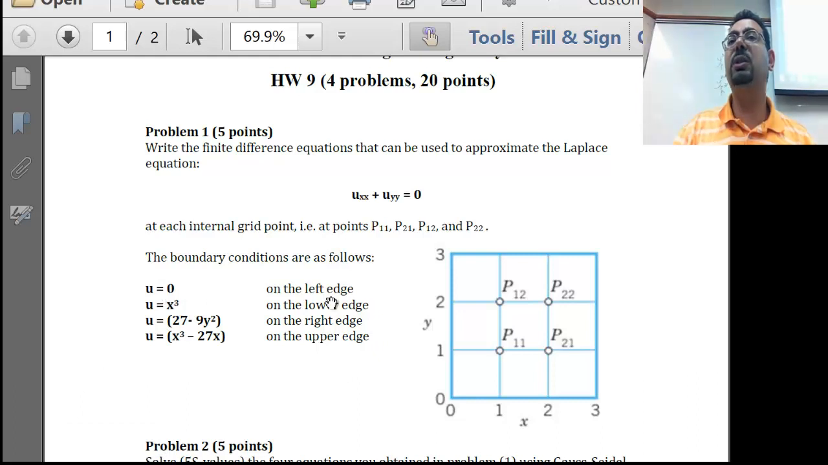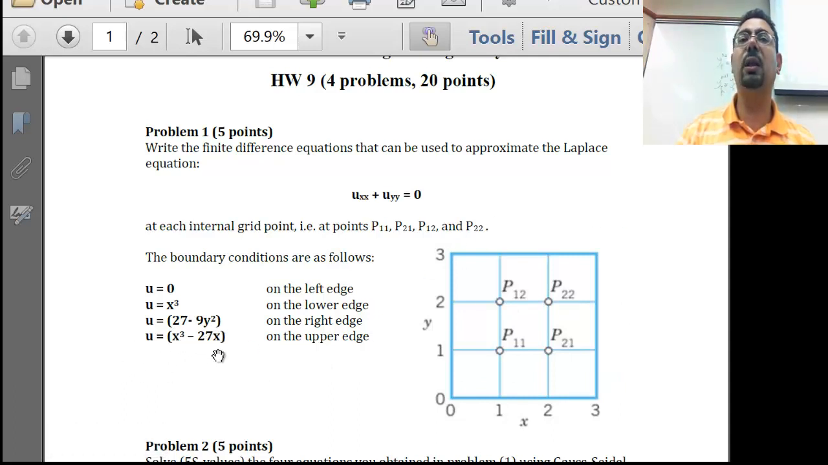The boundary is u equals 0 on the left edge, and u equals x cubed on the lower edge. What does x cubed mean? It means that when x is 1, the solution is 1. When x is 2, it's 8. So this is 1, 8, right? And this is the right edge, and this is the top edge. So you can see the right edge is a function of y squared, and the top edge is